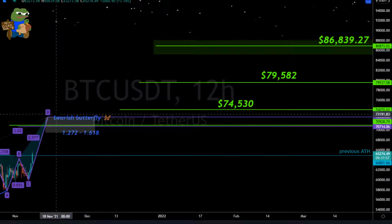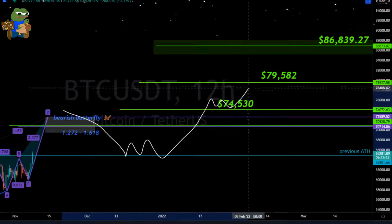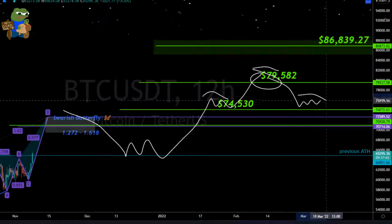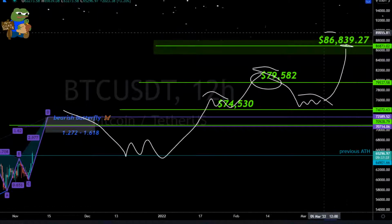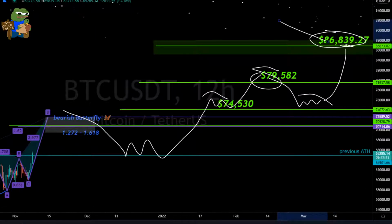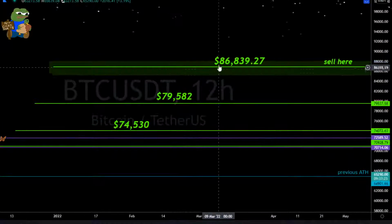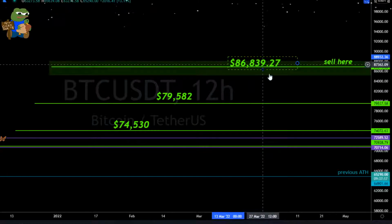So we get this partial decline, we rally again. This time we get above that target 1 and we rally and we get target 2. Maybe you back test target 1. Make this head and shoulders, and then we nuke it again and we go to even higher prices. This is Valhalla. Dare we say we're talking about $86,000 Bitcoin, but if we get that fortunate event to occur,